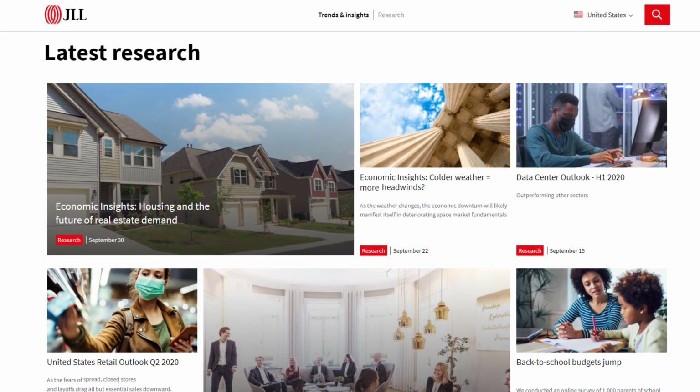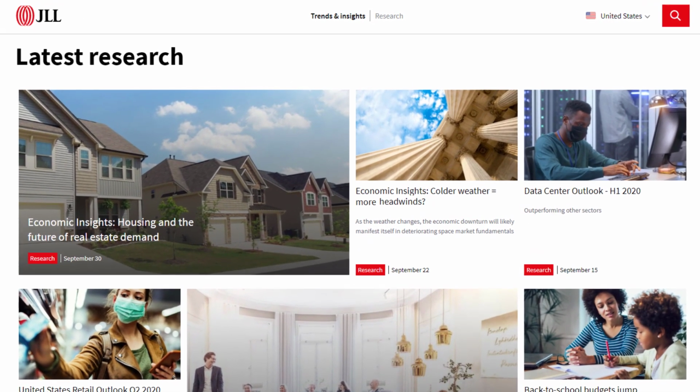And to do your research, even if you don't have access to a comprehensive database like CoStar, free research reports published by firms like CBRE, JLL, Cushman & Wakefield, Green Street, and even the Bureau of Labor Statistics are all great resources to find information on the key drivers that are really going to affect all 3 of the components of your investment thesis. So the next time you're asked what you would do with $100 million, by going through these steps and doing your research first, you're going to be able to talk through exactly where you'd invest that money and why you'd invest it there.